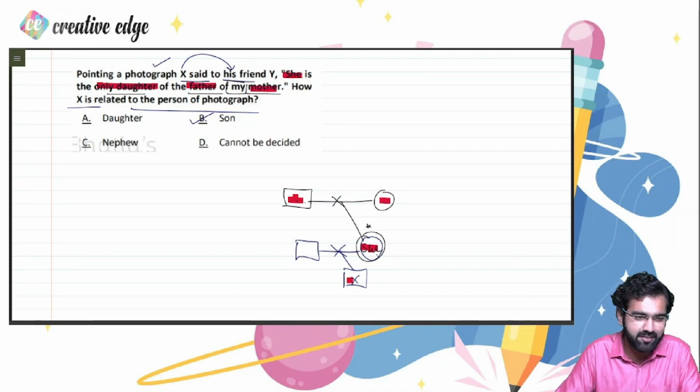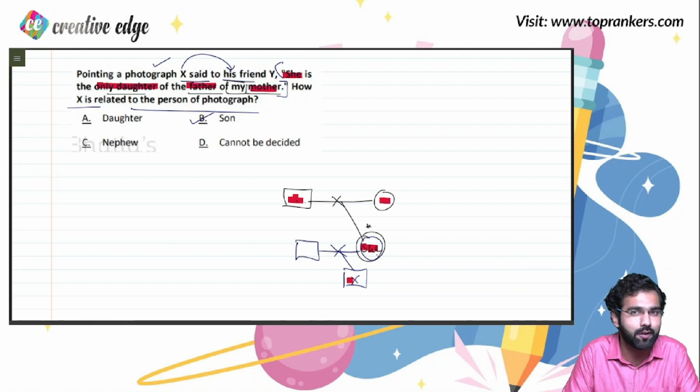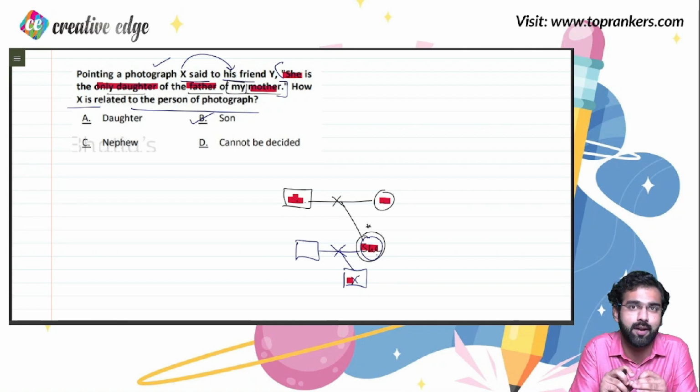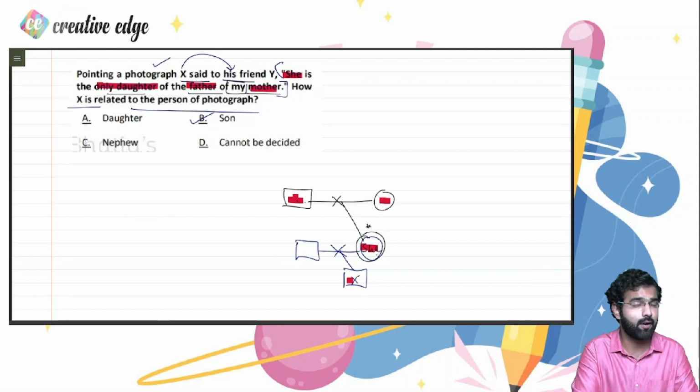Although the language is a little tricky in these kinds of questions, the only suggestion I would like to give you is to try to solve these questions in a systematic and structured manner. If you are able to draw the family tree properly, you will be able to figure out the relationships. I hope you have gotten a lot of clarity on